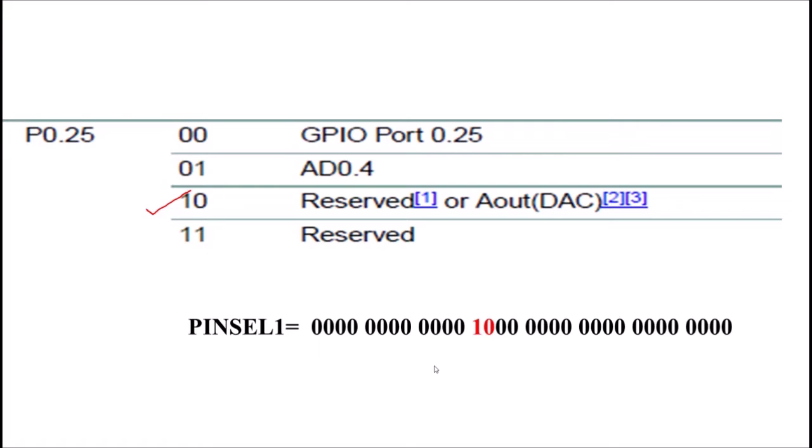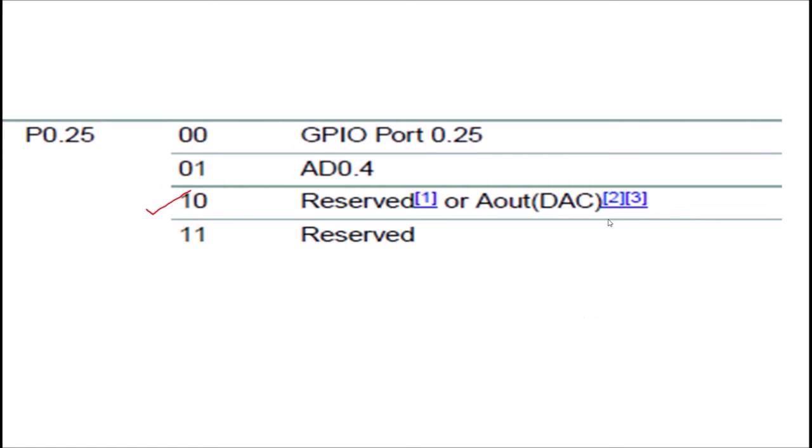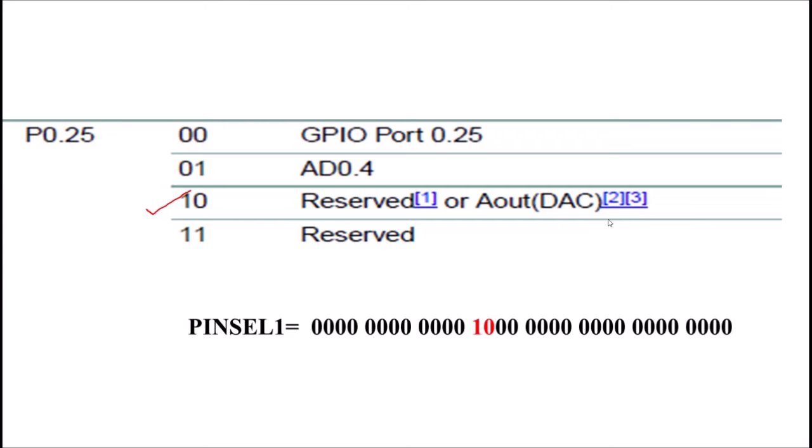As you know, PINSEL0 register is used for the lower 16 bits of port 0 and PINSEL1 register is used for the higher 16 bits of port 0. So to select this particular feature, that is, the output voltage of DAC will be available at this particular pin,